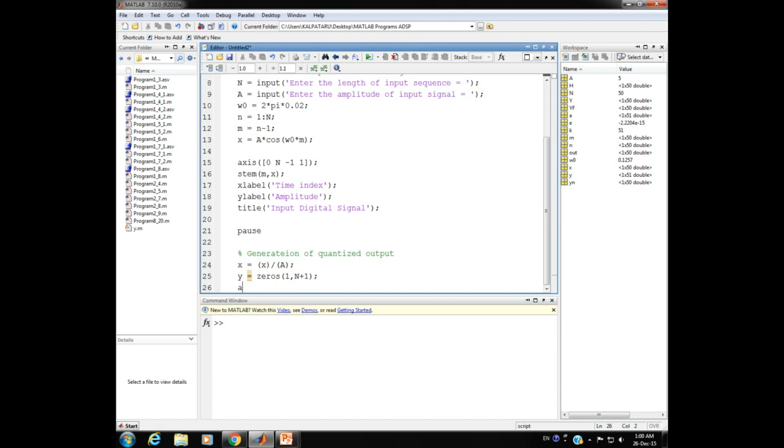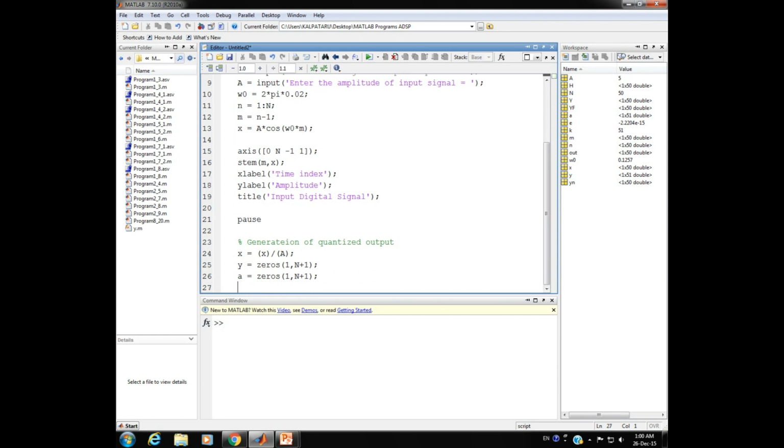Next, let us have small a as the variable that also has all values 0 for the same dimension 1 comma n plus 1, semicolon at the end, and e as a variable assigned to be equal to 0 here.